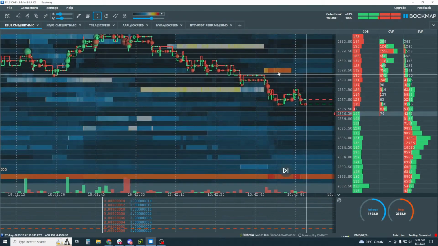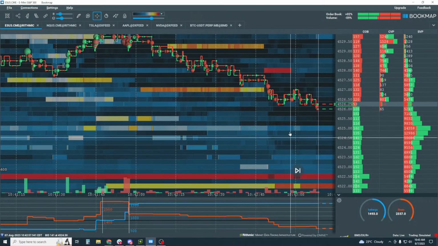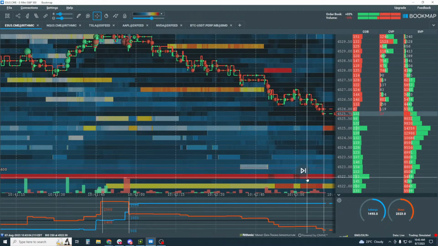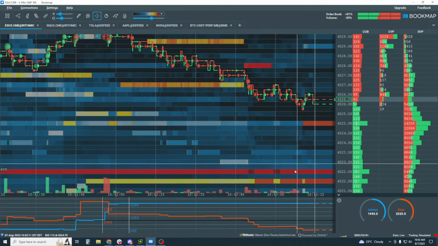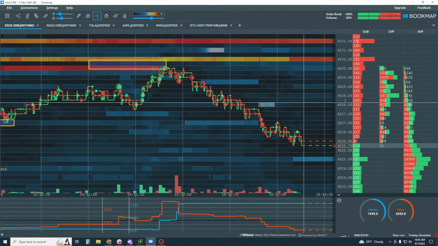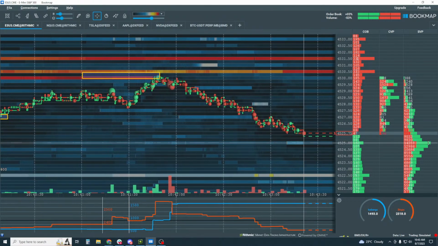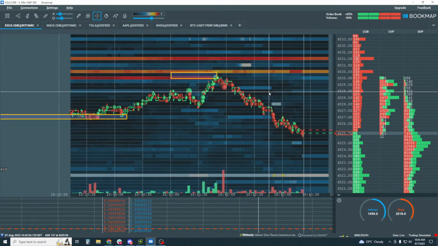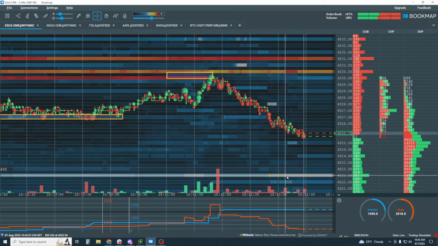Okay, so we finally got that. That was a good look right here. I was looking for that earlier. So the next area is down to 25, most likely, just by the order book. Most likely the move is to 25. That would be kind of a balanced area and is the point of control as well. Okay, because the other liquidity is still down here at 22 and a half.